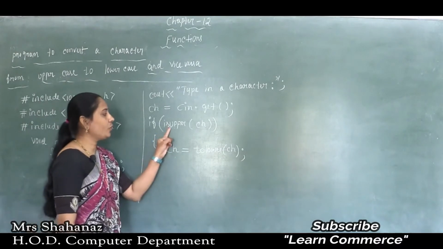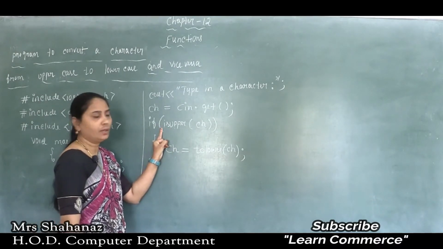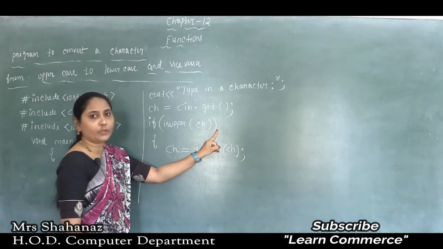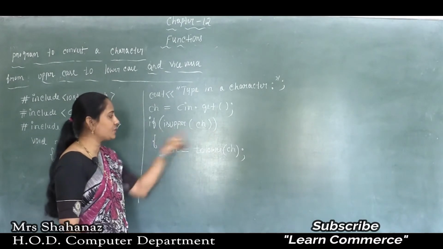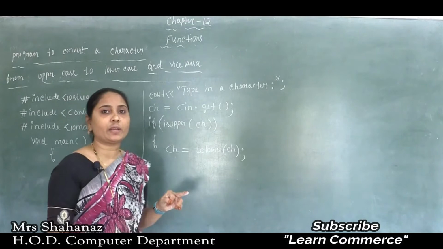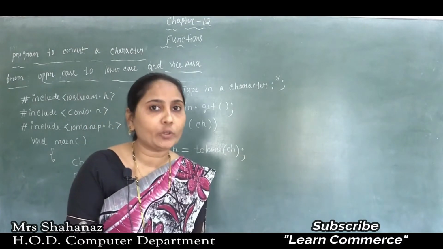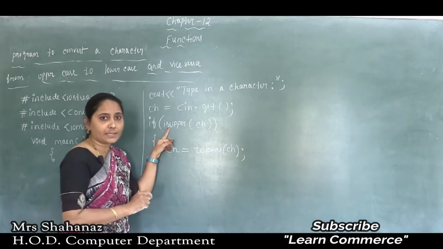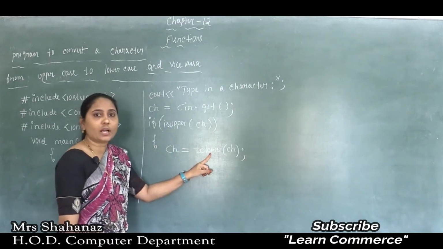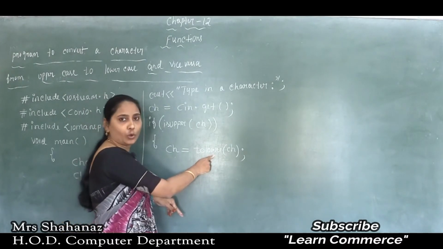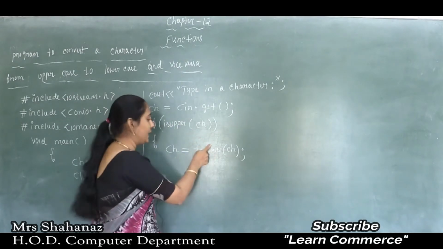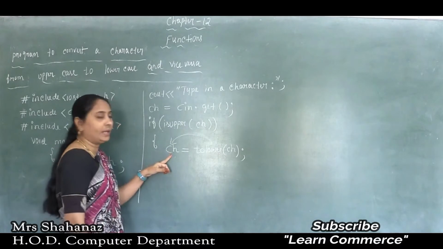Clear this point here? So you should know it. One parenthesis I opened for isupper, again I open the parenthesis, write the character ch, closing the brackets twice. So the meaning of this condition is that we are checking whether the character we input through the keyboard is an uppercase character. Yes, if it is an uppercase character, then such character is going to be converted into lowercase. As we know, tolower is used for converting the character from uppercase to lowercase, and now such character is going to be assigned to the variable ch.